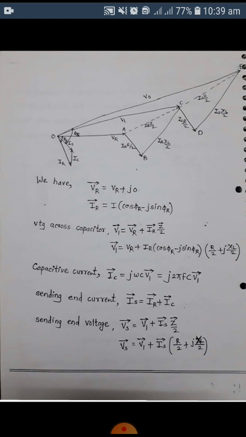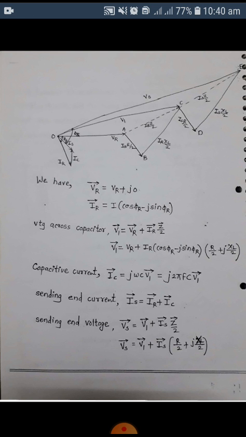Now in the second section of the line, the voltage across capacitor is phi 1. Now according to the KVL, that phi 1 is nothing but the summation of voltage across the load plus total voltage drop in the second part of the line. Therefore we have the line drops in the second section as IR into R by 2, which will be resistive drop, and IR into XL by 2, which will be inductive drop.